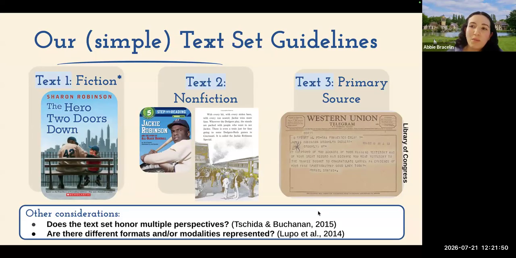So when I say fiction, I'm talking about historical fiction that's written maybe from a perspective of somebody that didn't really exist, but is backed up by specific facts and research that the author has done. So let's say I've got a text set centered on Jackie Robinson. My fiction book, if you haven't read this, it's a great book, even if you are not talking about Jackie Robinson with your kiddos or whatever, if you're just interested.